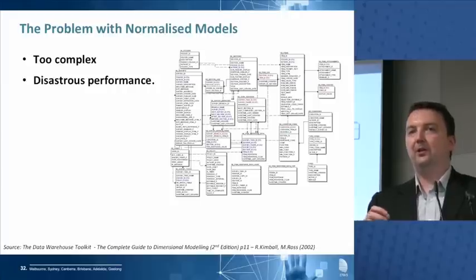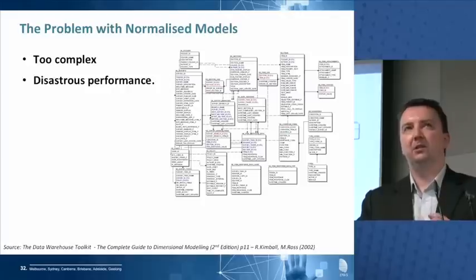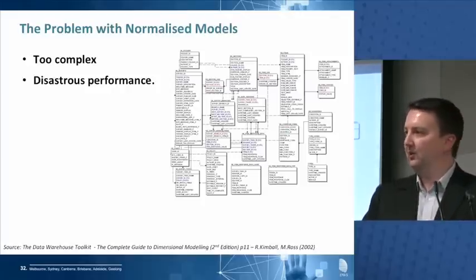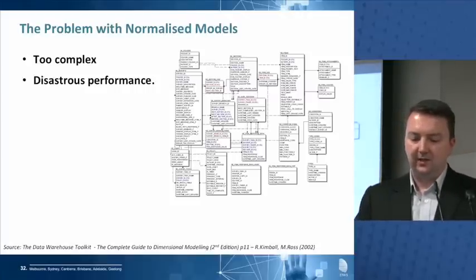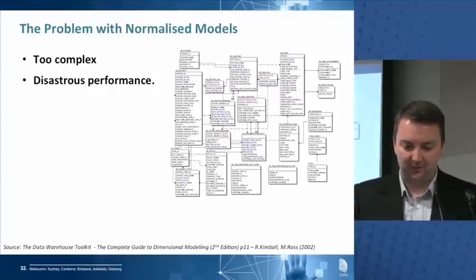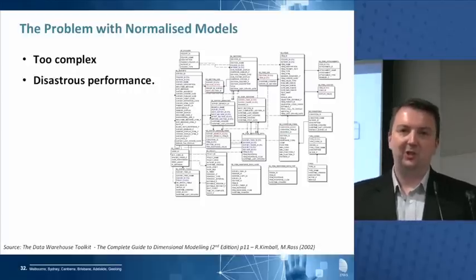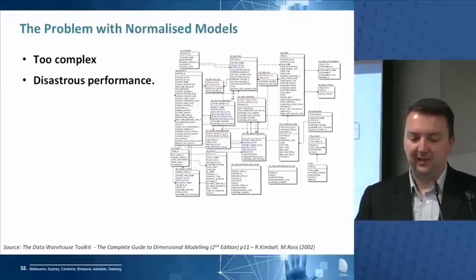So whilst we might think of a normalised model, yeah, okay, customer, invoice line, product, yeah, it's all pretty simple. I can join those and I can make that work. The reality is, it's just not like that. This is that diagram there, which is much too small to see now, is a very, very small subset of your average normalised model. They are always this messy.